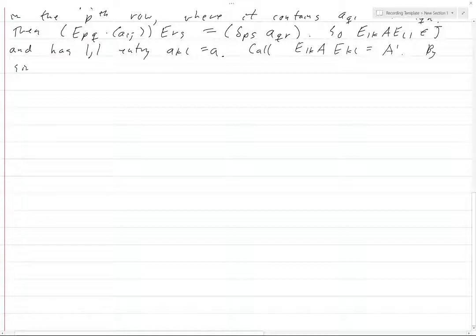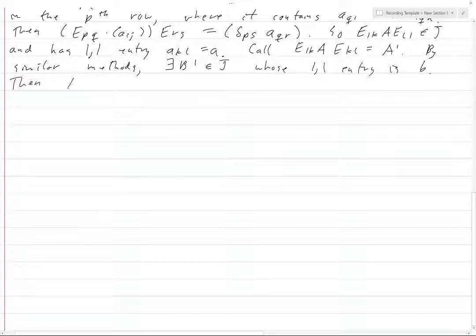By similar methods, there exists a B prime in J whose 1 entry is B. Then A prime plus B prime is in